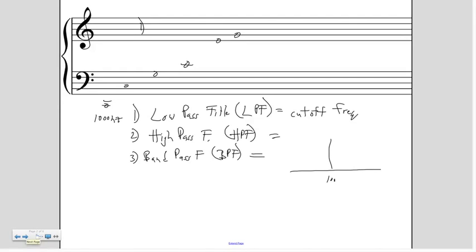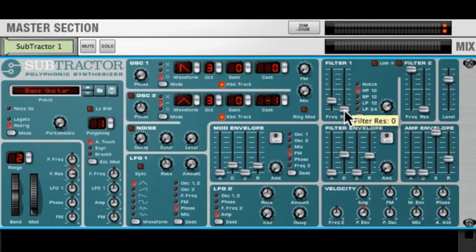Let's say it's 1000 hertz. What will happen on a band pass, it will allow a band around that cutoff frequency to be passed through, and then everything on either side of that band, over here and over here, would be attenuated. So that way you can identify a particular band of frequencies and then allow that to go through and then